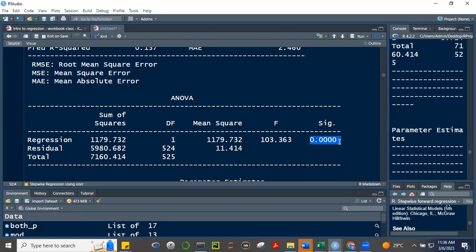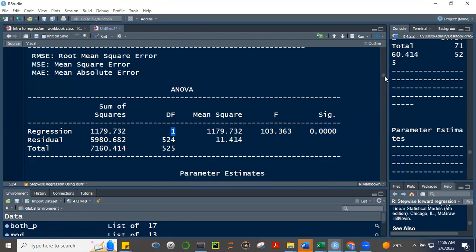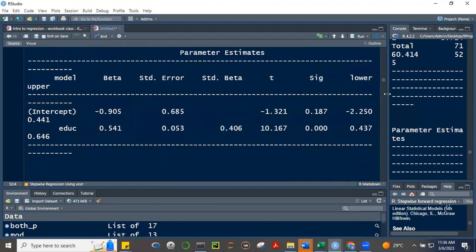And if you recall, class, the null hypothesis here is that the restricted model is better. What is the restricted model? No predictor, just the average, just the intercept. Okay, and we reject that hypothesis. We reject the hypothesis that the restricted model, which is having no predictor, just the intercept, just the average, is better. Okay, this is what we have been discussing before, right? So this model, the one with the degree of freedom 1, the predictor, which is education, is better than the one just getting the average of your hourly wage. Okay, so there are some more